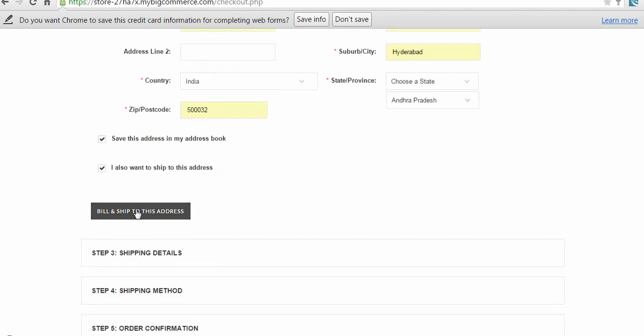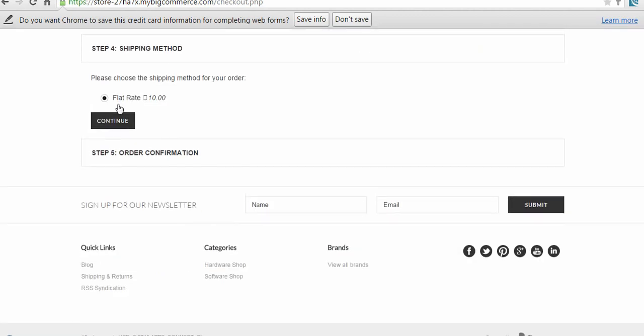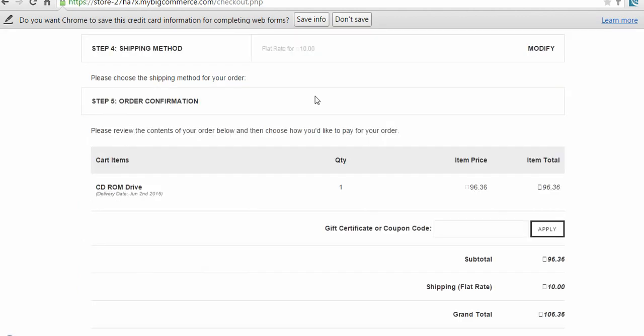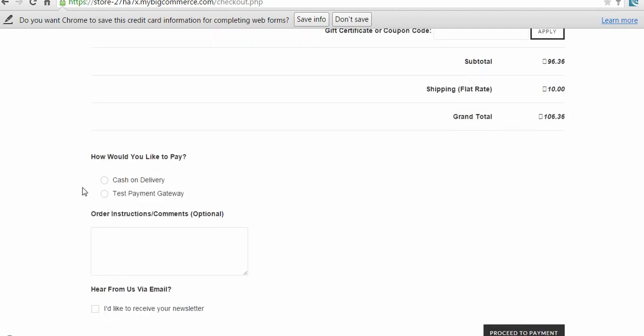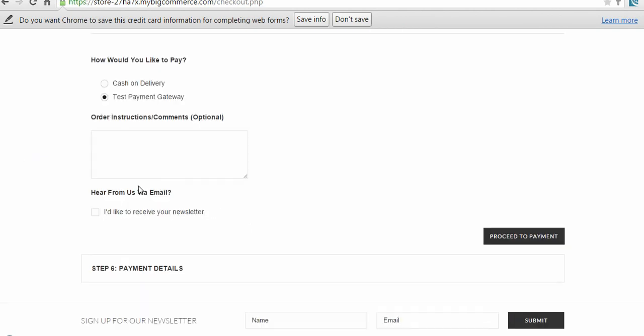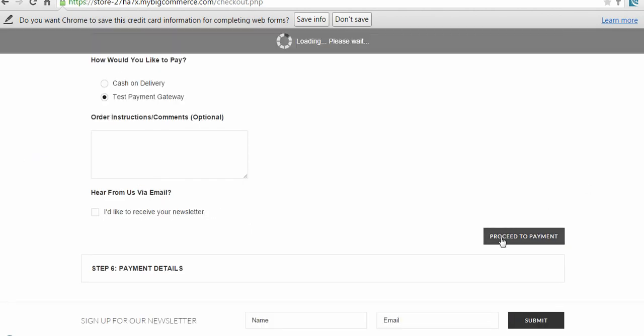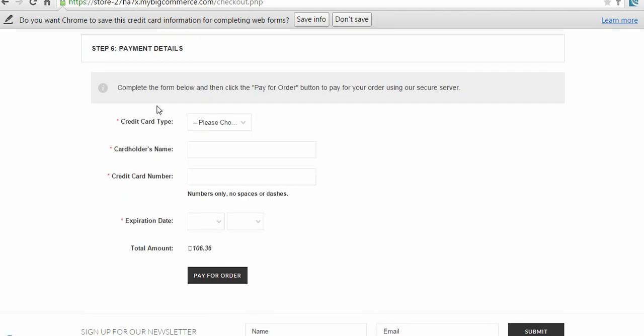Okay, so we have created the address. Now here all the flat rates and everything are given. So basically you can apply coupon codes here and everything. All this system is used, and so the payment method here can be used as cash on delivery or this thing. So let's say we are ordering today using a Visa credit card. Let's see how that goes.